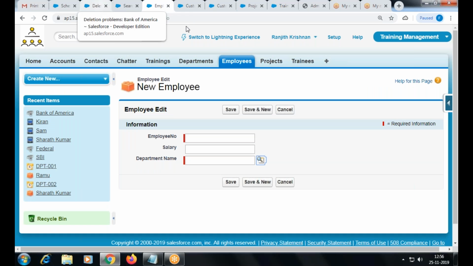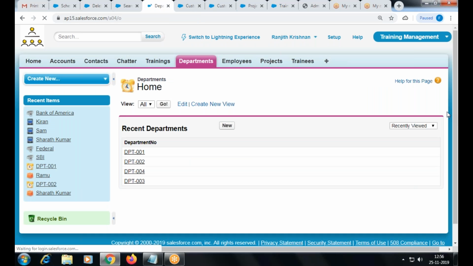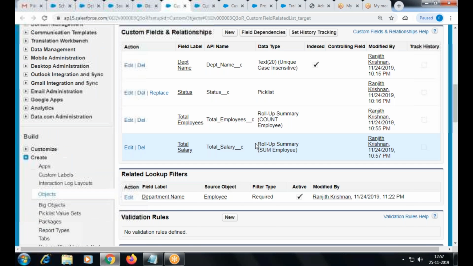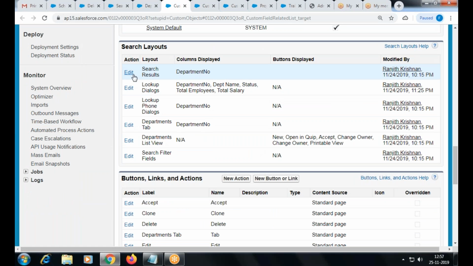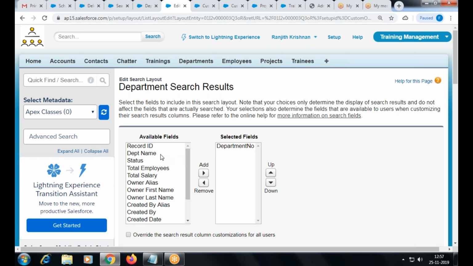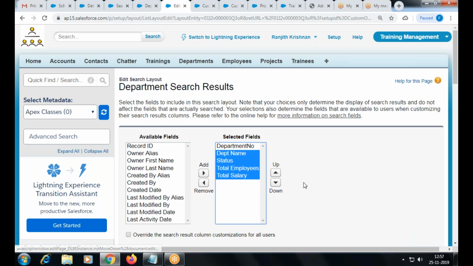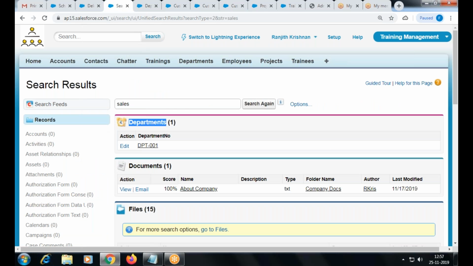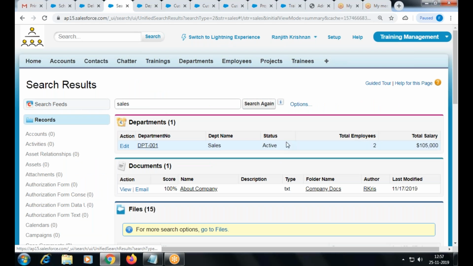Department. So go to the department object definition page. Scroll down to search layout, search result. Whatever field you'd like to display, select. So go to search again. I got it. We'll be clear with this.